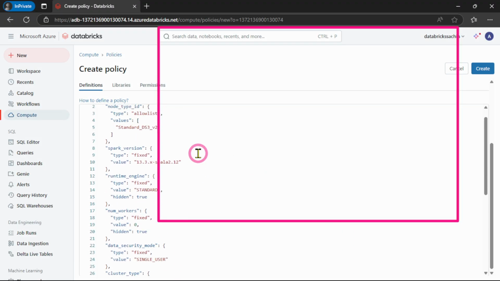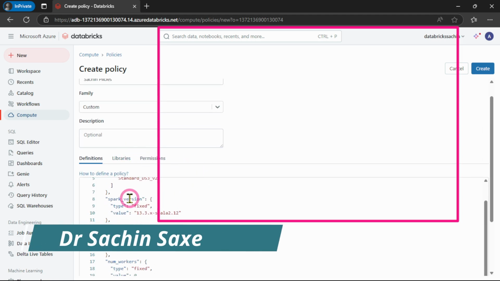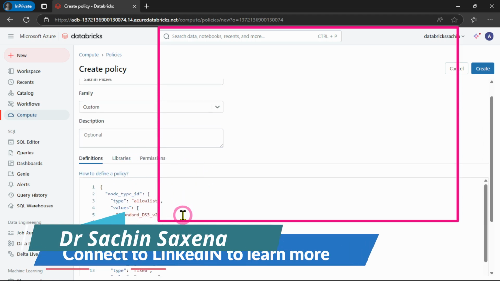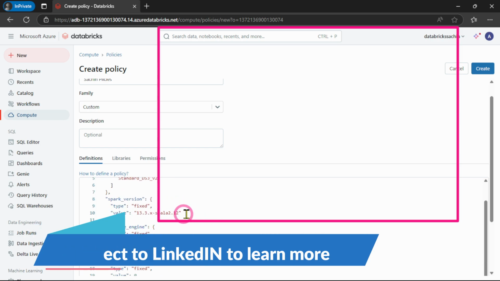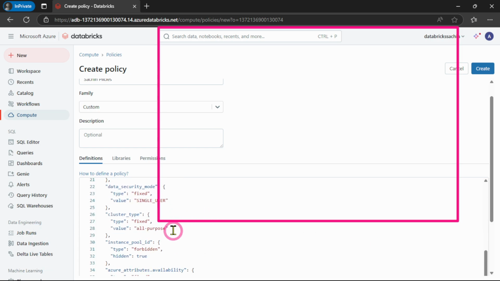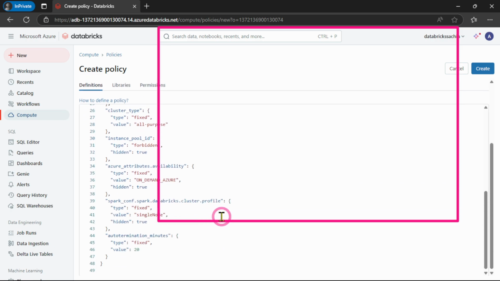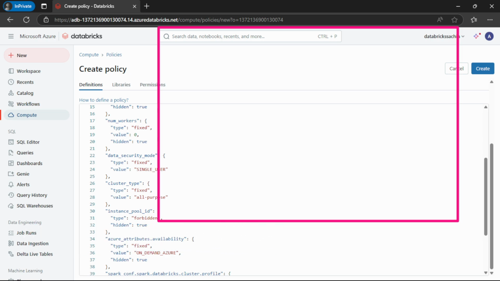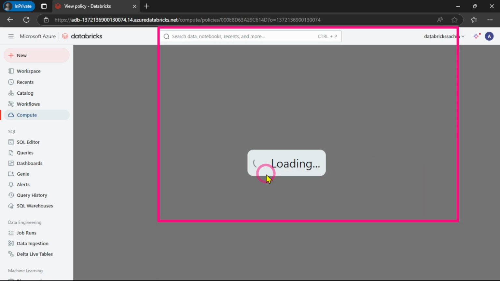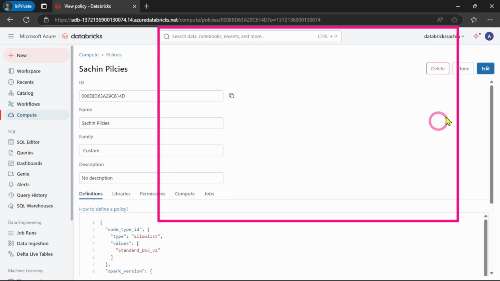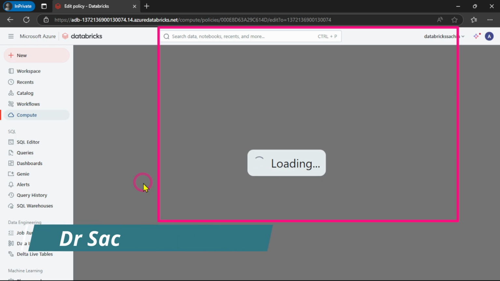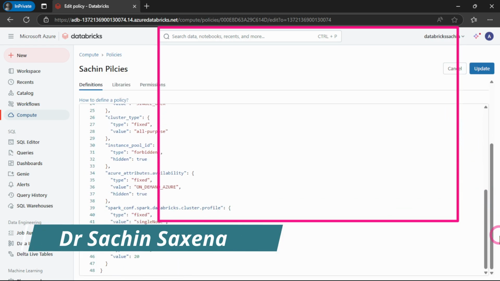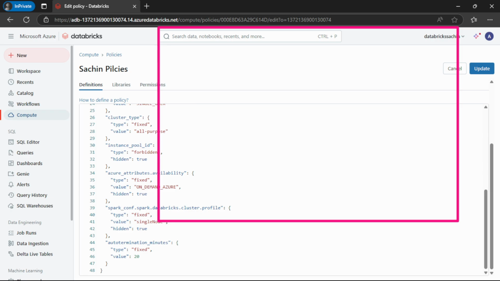So what I have changed here, I just changed this node type, which allows only the Standard DSv3 version, and also the Spark version is fixed here, and the runtime is also there. Here I can see this is the code given here. So this is the first part and this is the next value. Now you can create this policy, or you can edit this one, and here I can go down. If everything looks fine, you will have to assign